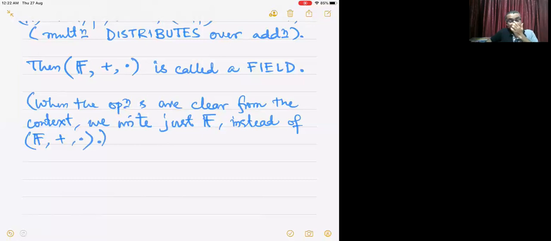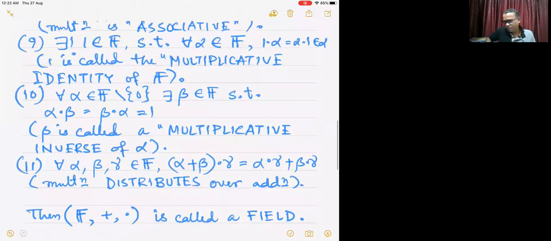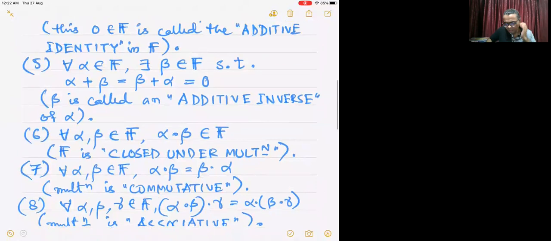Yeah, so this is how we define a field. So essentially that field means that all four operations are allowed. Yeah, why? It may be hidden in these 11 properties, but let me just clarify why this is so. So closed under addition and multiplication is understandable. Existence of 0